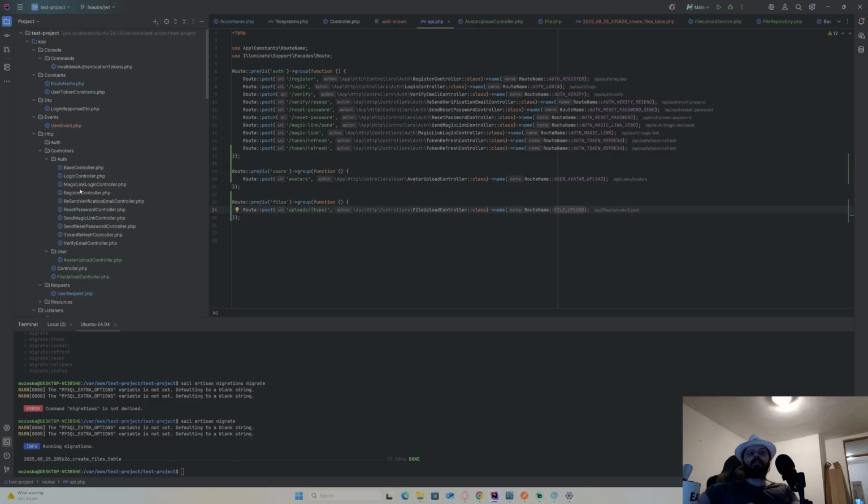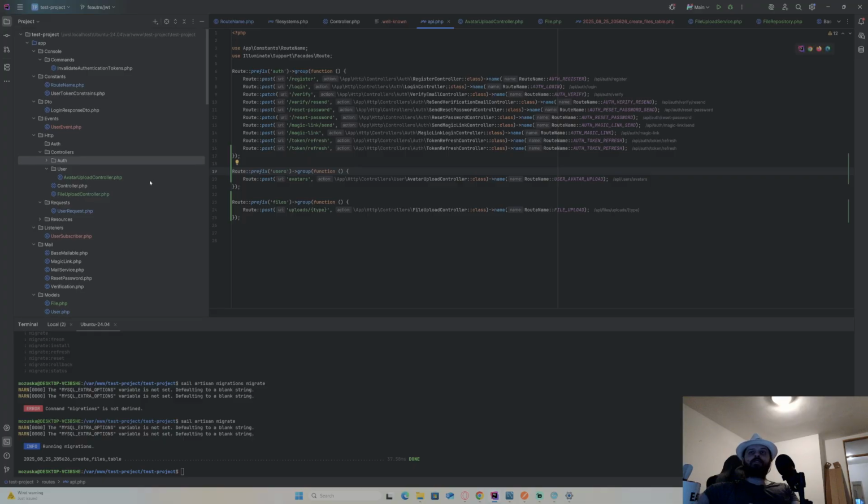When this controller is called, the token will be issued, and that token needs to be passed to the backend with each API call to the protected routes, so routes that need the user to be authenticated. Okay, so let me do that now.